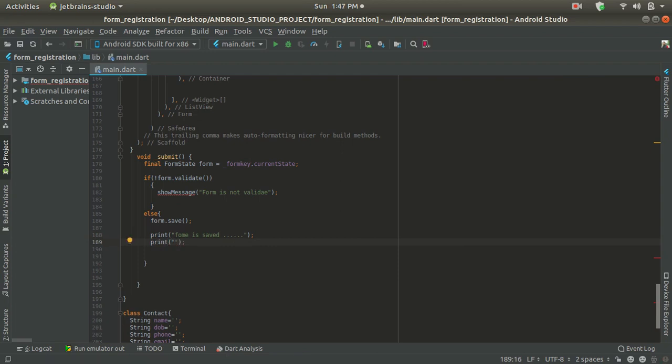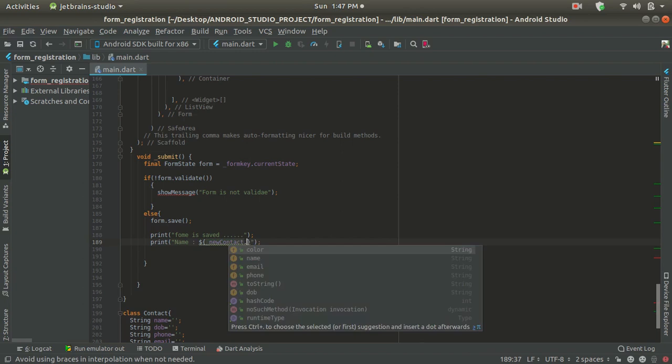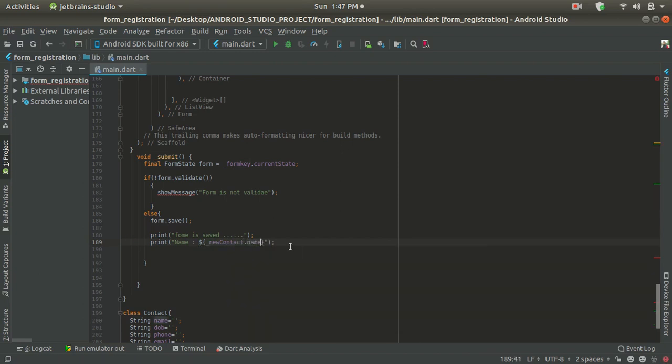For that, inside this I am going to first call it name, and inside that, if you want to print anything you have to use this expression, dollar, and as I created an object of this underscore new contact dot, we want to print this name. Let's just copy this part, and now we just completed all the things over here. Now at last I am just printing